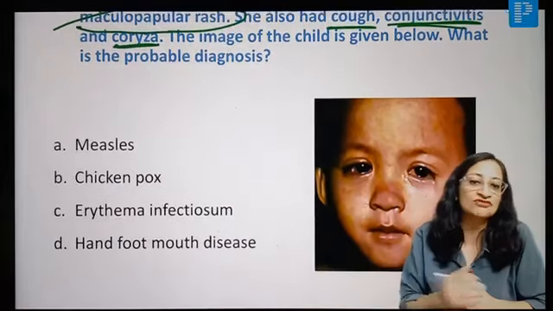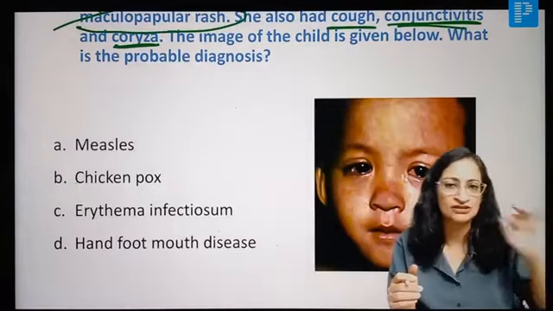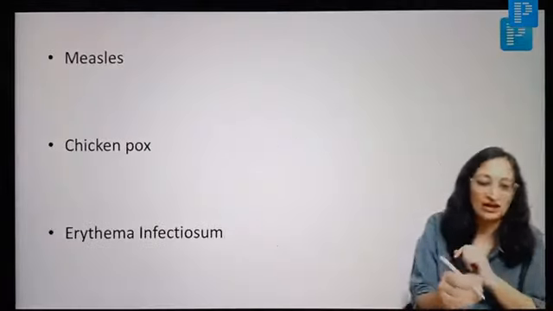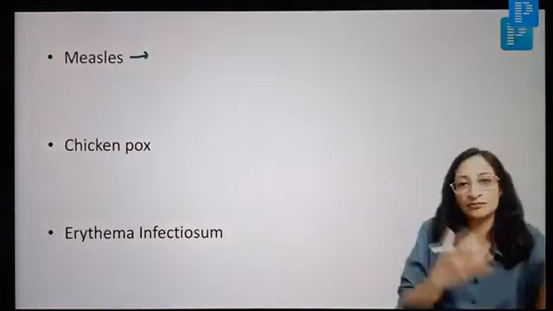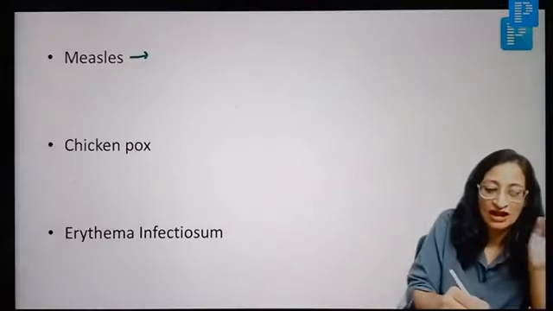Is it measles, chickenpox, erythema infectiosum, hand, foot, mouth disease? Waiting for your answers. Come on, everyone, each and every one of you attending the session must answer, and then I'll tell you the answer. Coming to it in a while. So measles, we have this typical erythematous maculopapular rash and a wet kind of look in the child. There will be a wet look. So there will be erythematous maculopapular rash and a wet kind of look.